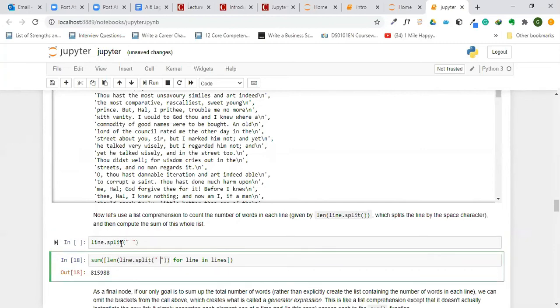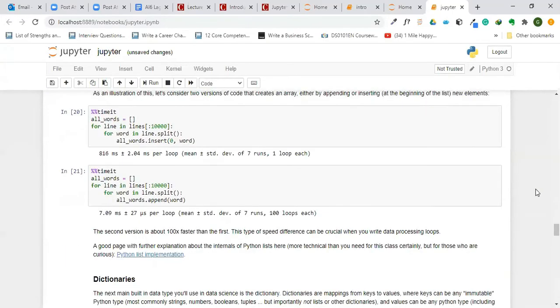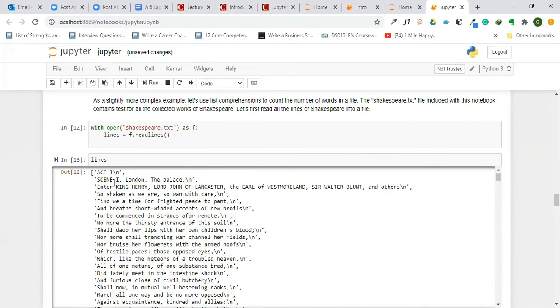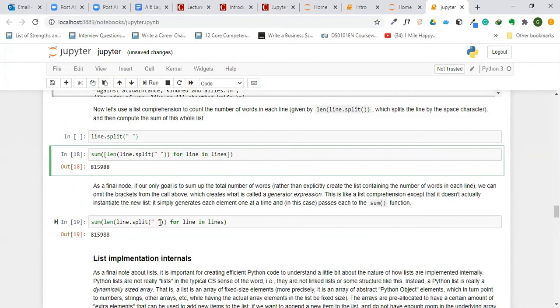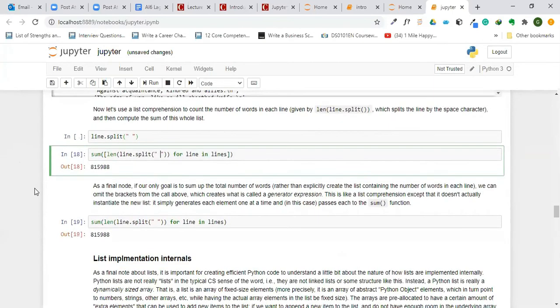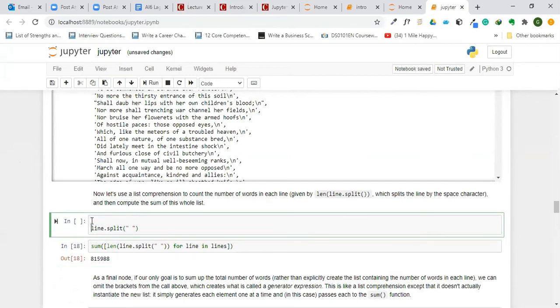What this command is doing, line dot split, is this. Oh, sorry. It's basically taking each line here and splitting it wherever it finds a space. For example, this first one will be split here, where there's a space. This one will be split here. So when it splits each of the lines, it will calculate how many values have resulted from it. Let me just try and do something and see if I can. Line equals to